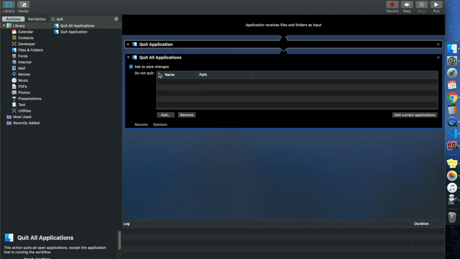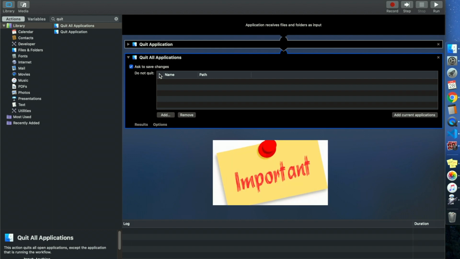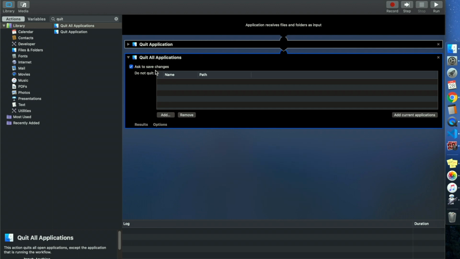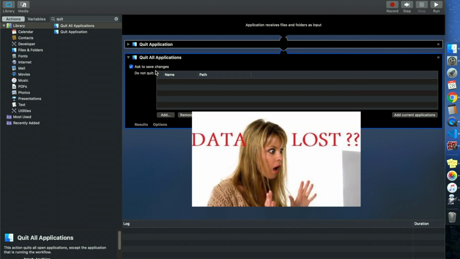Here you will notice first a checkbox saying ask to save changes, which is very important to be checked, as if you click on quit all icon accidentally, then you should not lose your unsaved work in various applications.